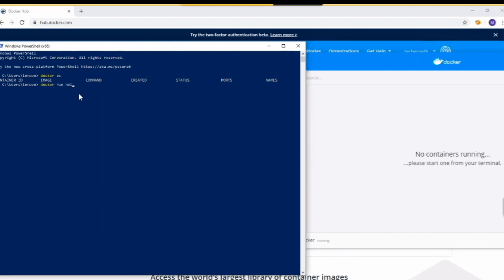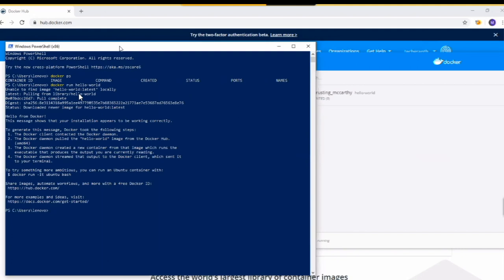So let's run our first container here, docker run hello-world, right? Let's press enter. It will search locally to see if we have that image, but it did not find it, so it will download it from Docker Hub and then run the container with that image.